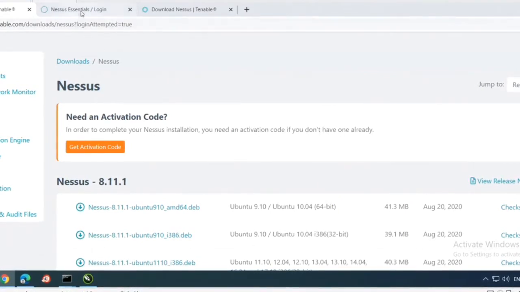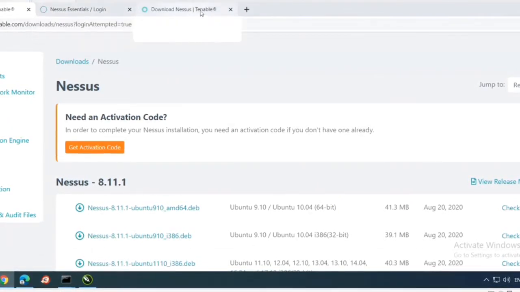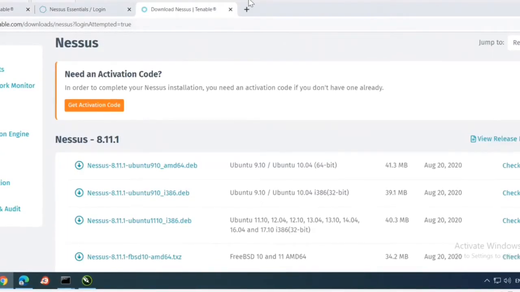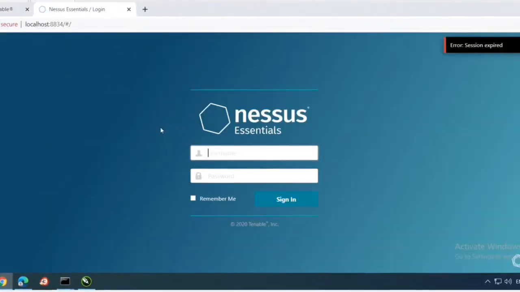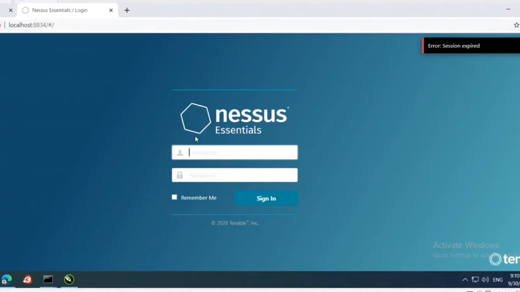Okay, so Nessus login, and this is again the same page, so I'm just closing it. This is the Nessus login. When you first start, after some time, as on different websites, it also has a session expiry. On the right side you can see the session expired.